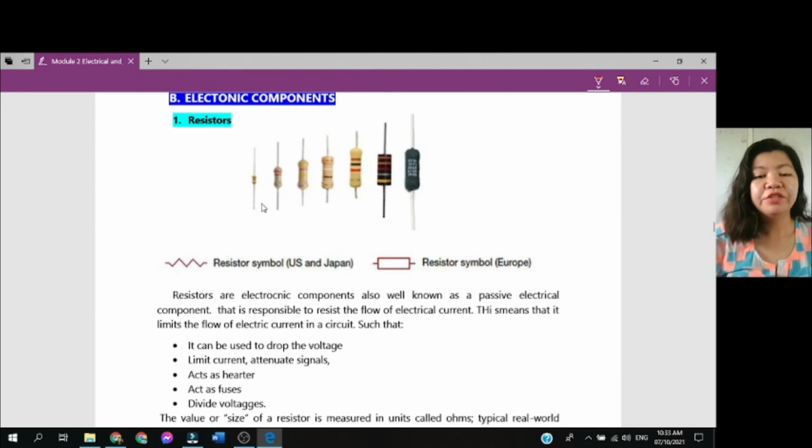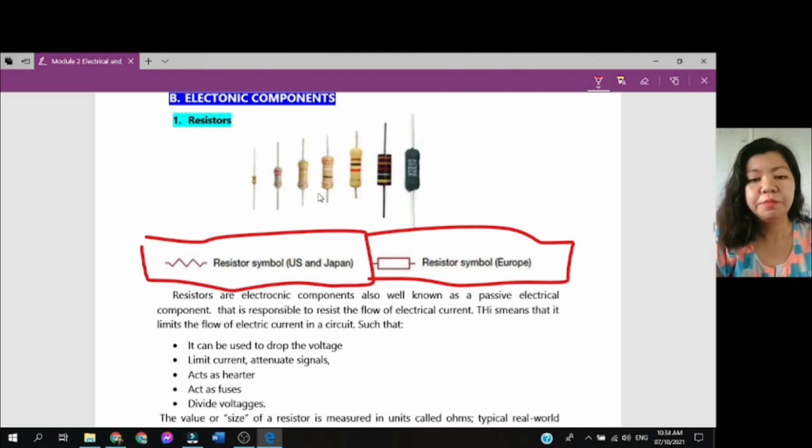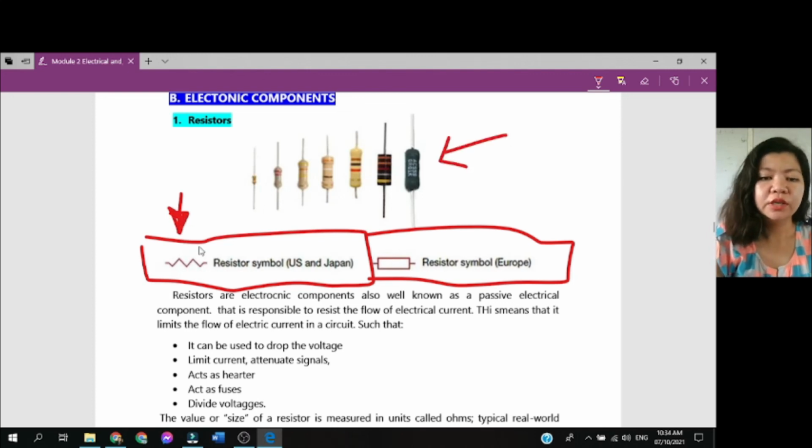So first we have the resistors. This is the symbol for the resistors. There are different symbols that you can see. This one's for the US and Japan type of schematic diagrams, and this one is represented in Europe. Pero ito yung gagamitin natin, the US and Japan type of symbols for the resistors. So this is the actual resistor, and this is how we'd like to